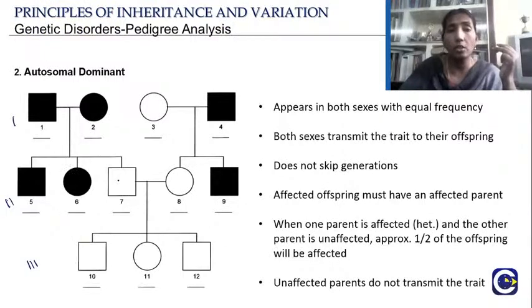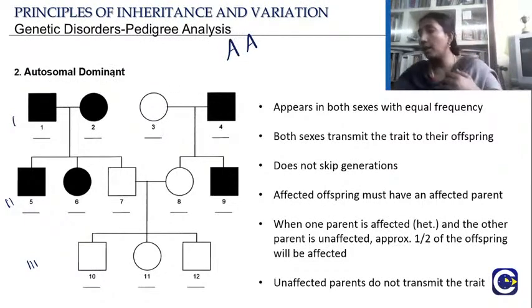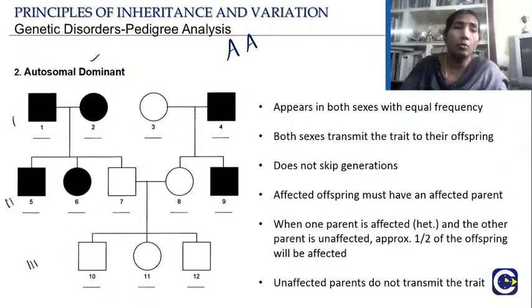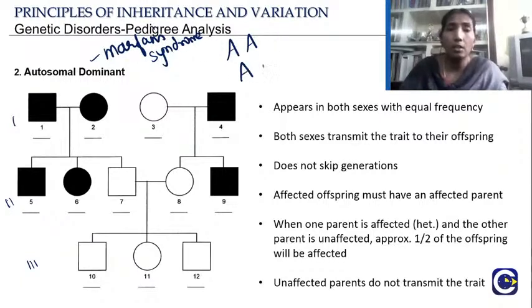So here it is not skipping the generation, and every affected child has an affected parent, one of the parents. When one parent is affected, say for autosomal dominant, taking the same gene, we can give the example of Marfan syndrome. A good example is Marfan syndrome or Fragile X syndrome. So look here, for a particular gene,